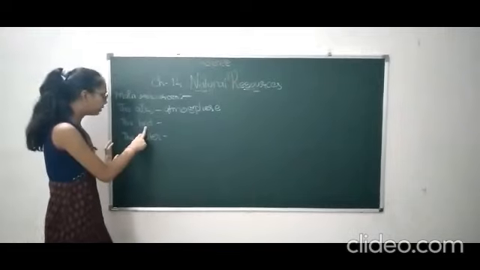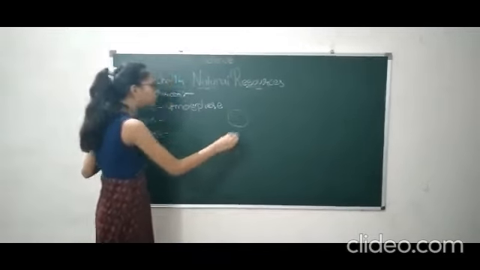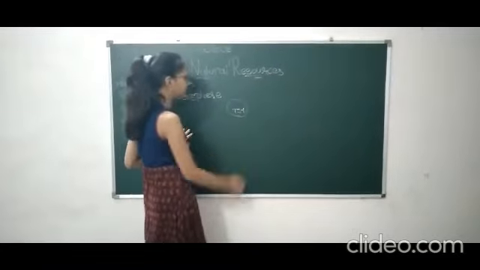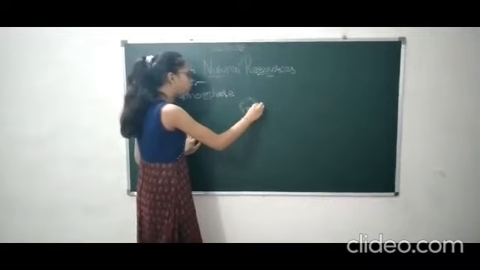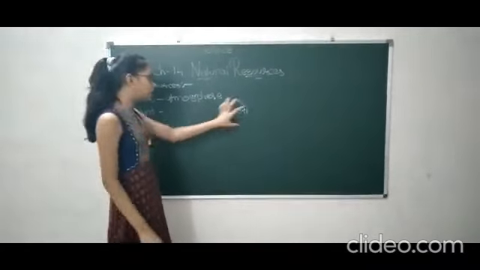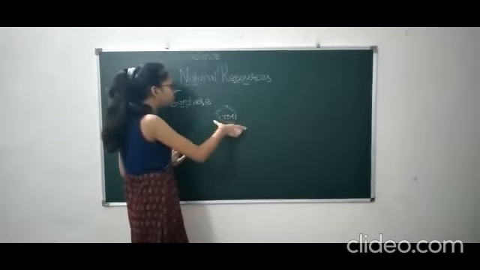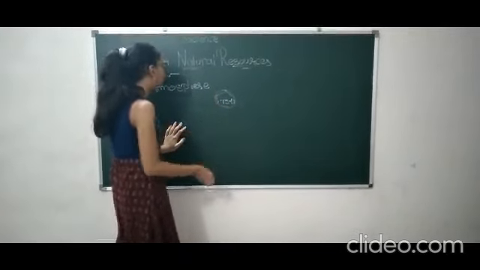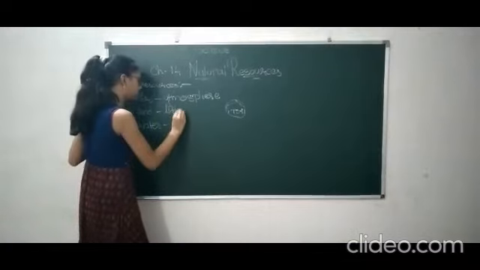Now we'll talk about the land. So we know that on earth mostly 75% of water is there and land is, we can say, small parts of land are there. So the outermost layer of the crust of the earth, we can say crust also. So it is called lithosphere.